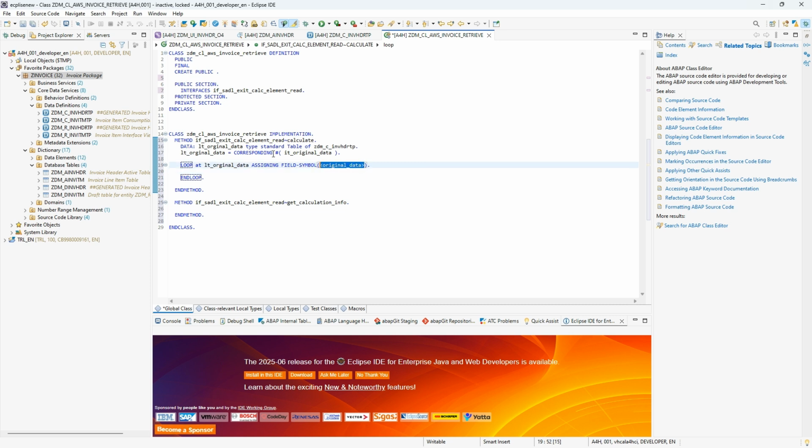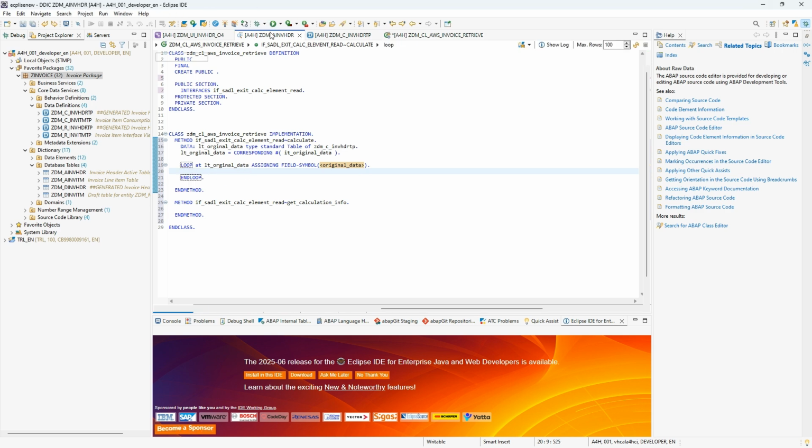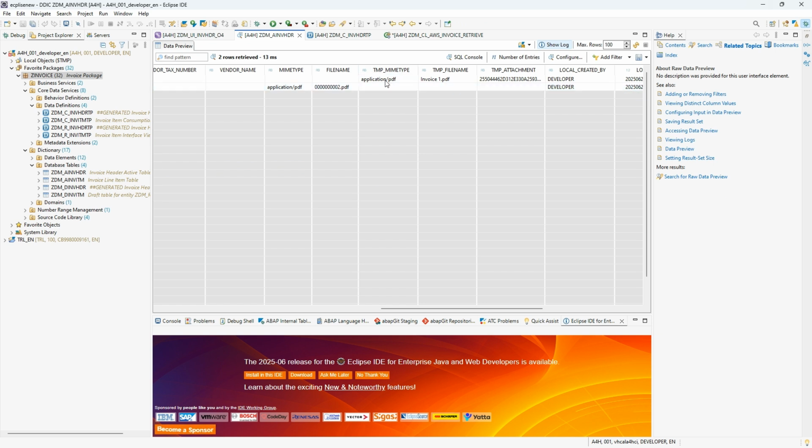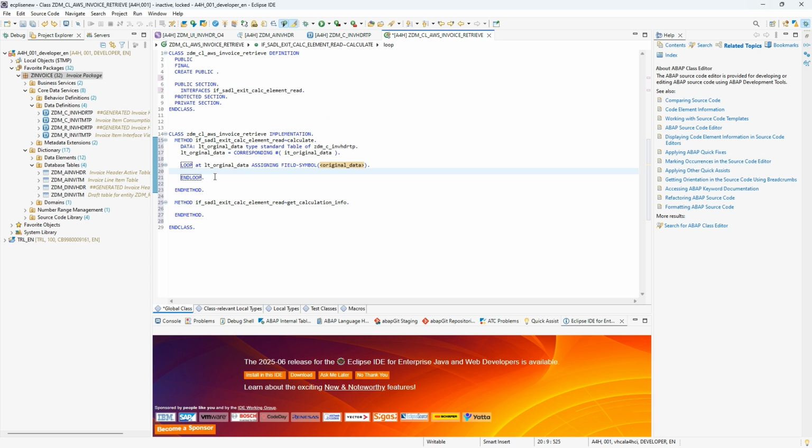Okay, so we only want to retrieve the invoice from S3 if file name is populated. So if we go back to here, when the temp fields are filled in like this, there's no invoice in S3, file name is blank, so we don't want to do anything. It's only if this file name has something populated. So we can do that by saying if the file name is not initial,